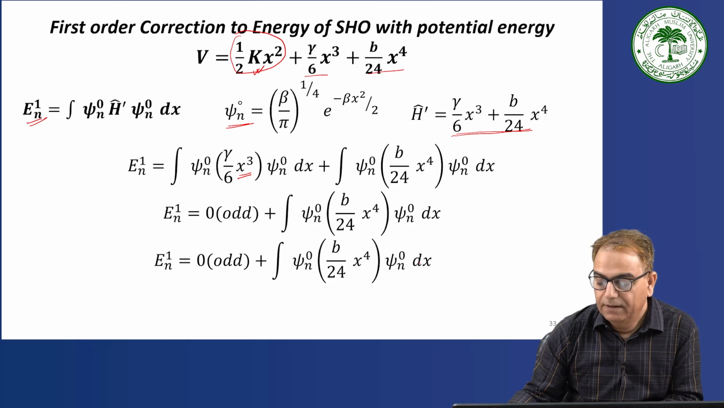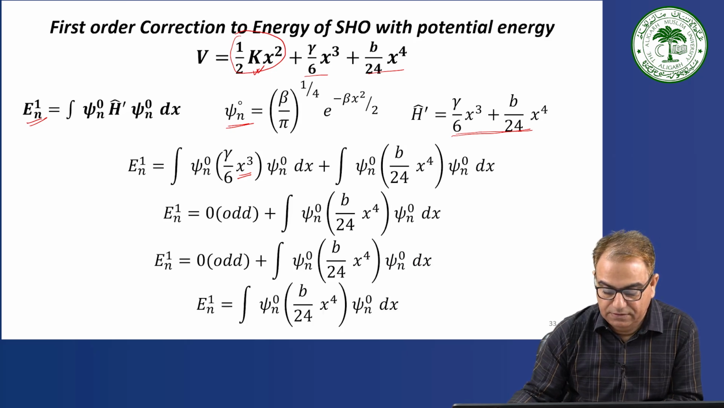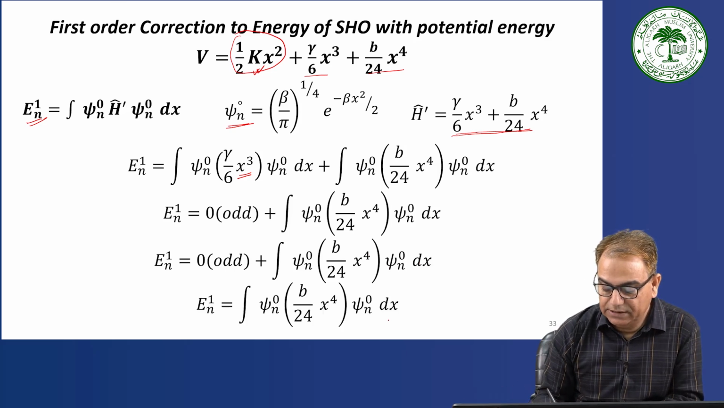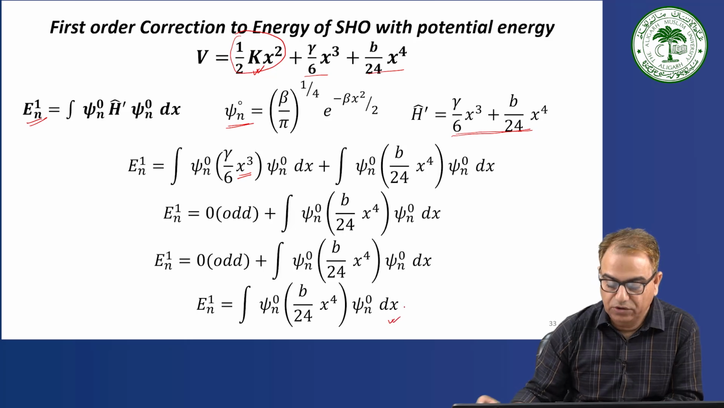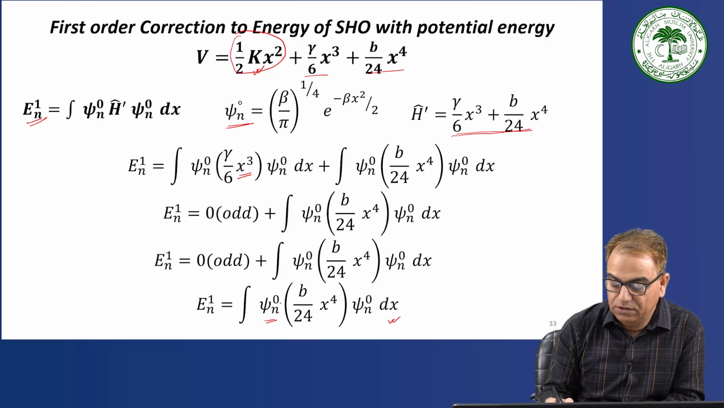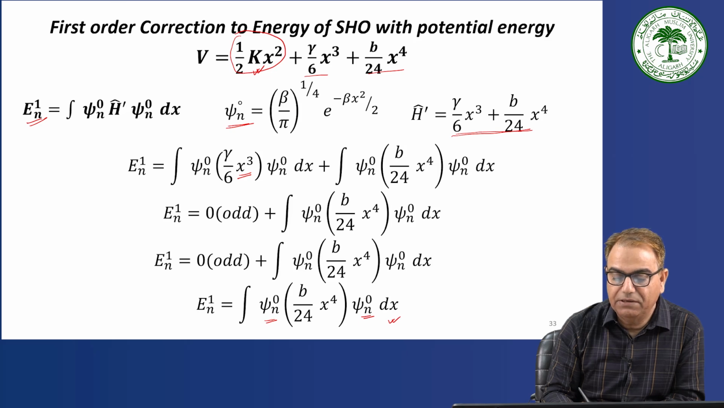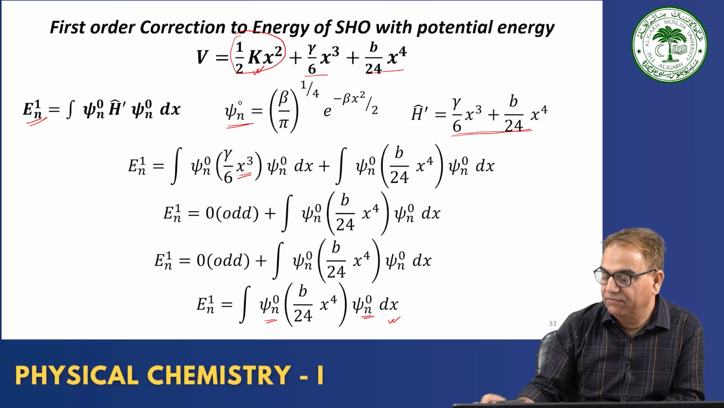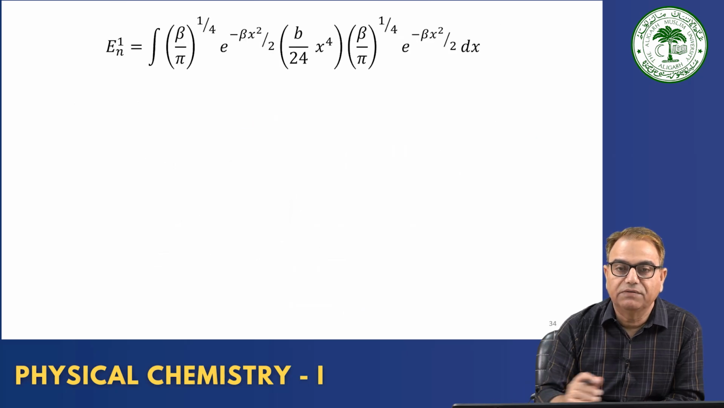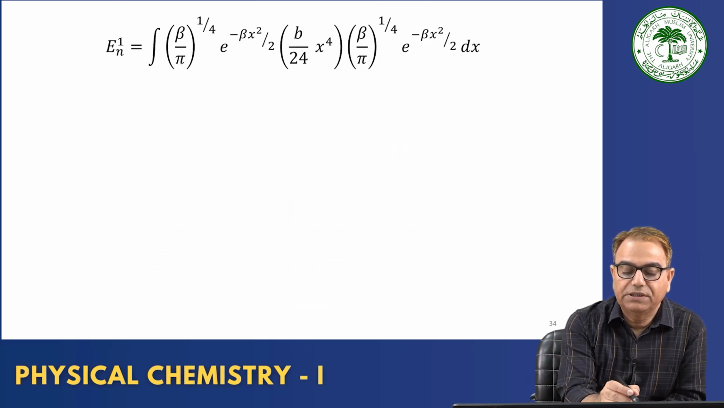Okay. So if you solve this integral, what do you get? You need to put the value of psi n naught at the two places, and here you do not have any i, so there will not be any complex conjugate. It's a real function. So here you will put (beta divided by pi) raised to 1 by 4 exponential minus beta x square divided by 2, and here also you will put the same value, and it will be like this one. So the first function psi n naught, then the perturbation which remains,